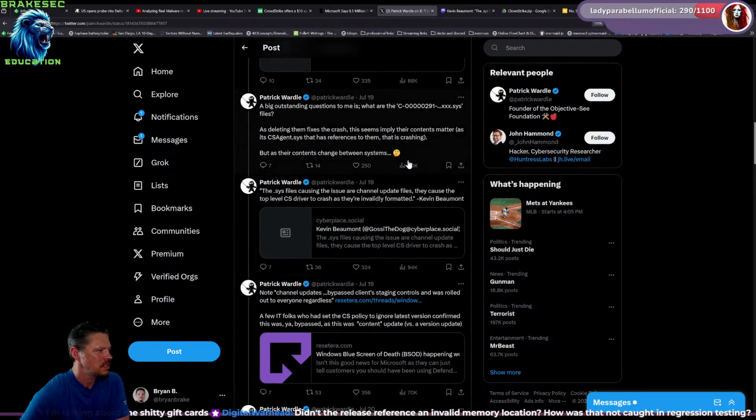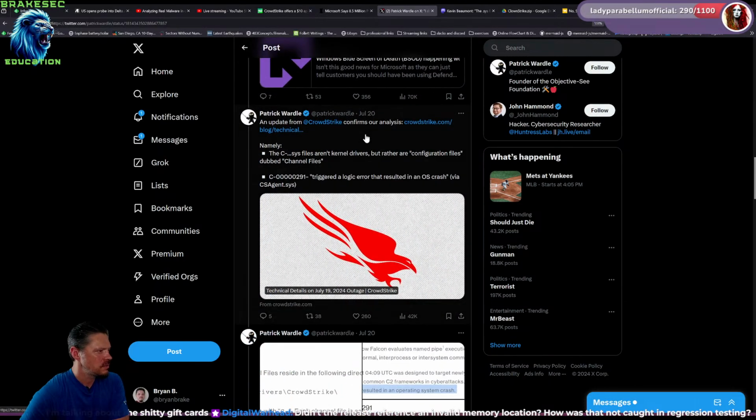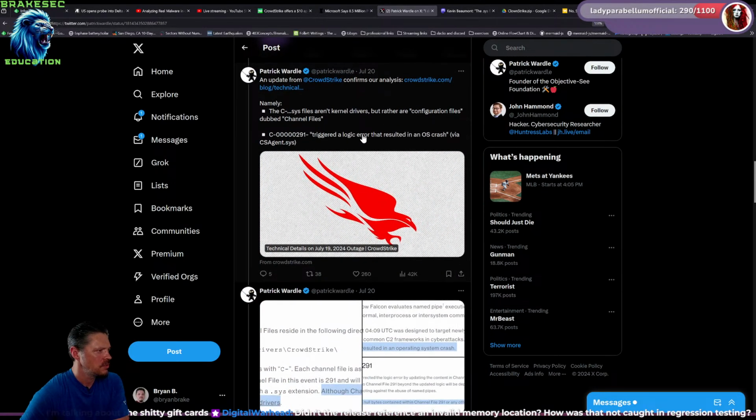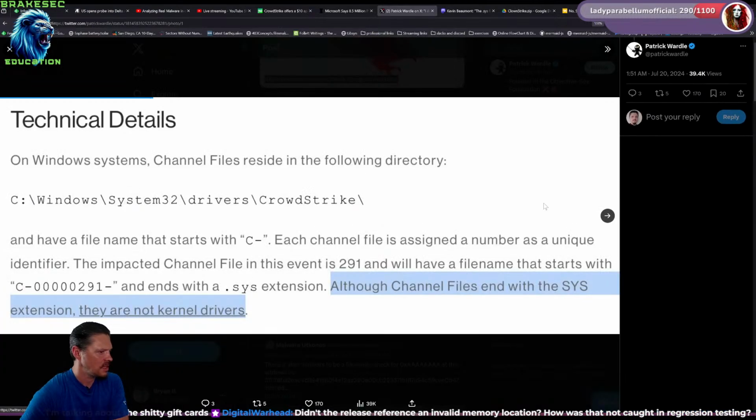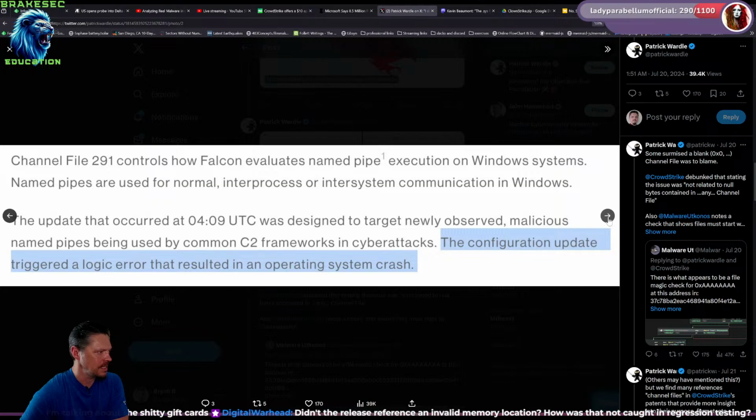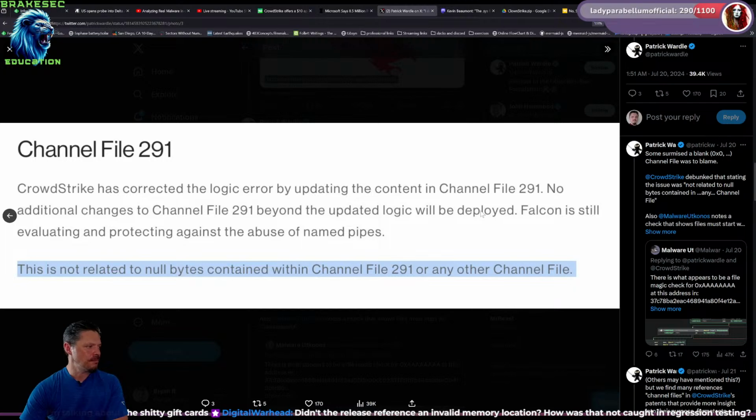Let's see. Kevin Beaumont. Outstanding. What are the sys files? As deleting them fixes the crash, it seems to imply their contents matter as it's the CSA agent. Right. Triggered a logic error. So yeah, they're reading these files in. Let me see. Have a file name. Yes, this was the workaround, like deleting these sys files. Configuration update triggered a logic error. The result. Okay, so I